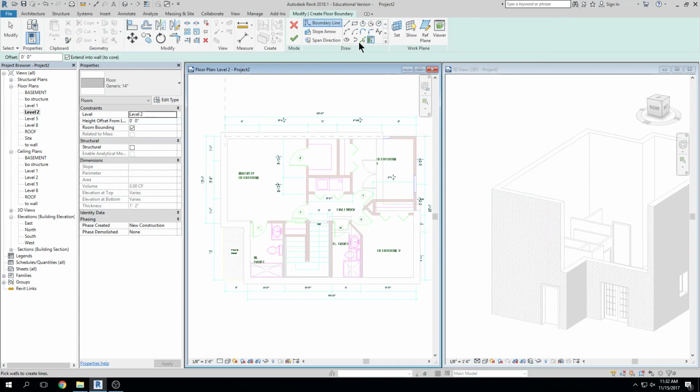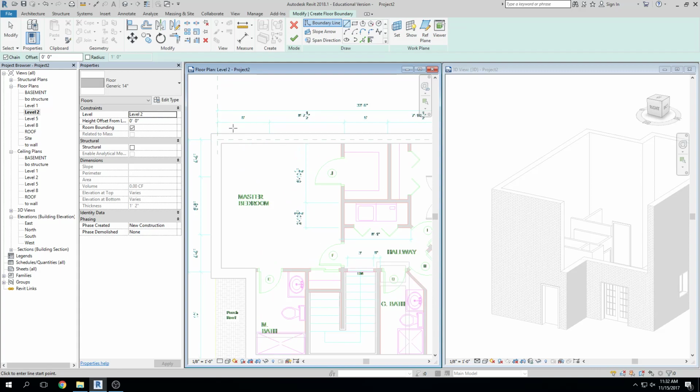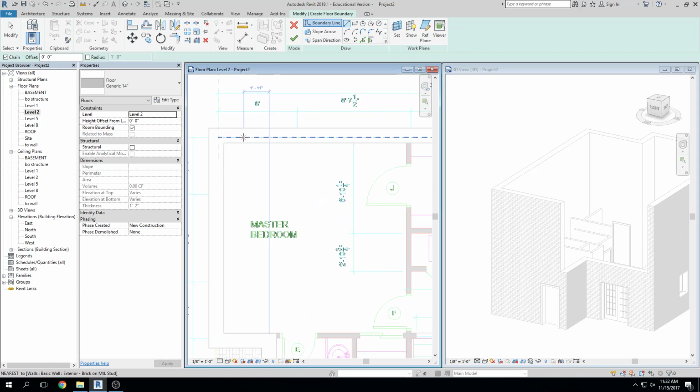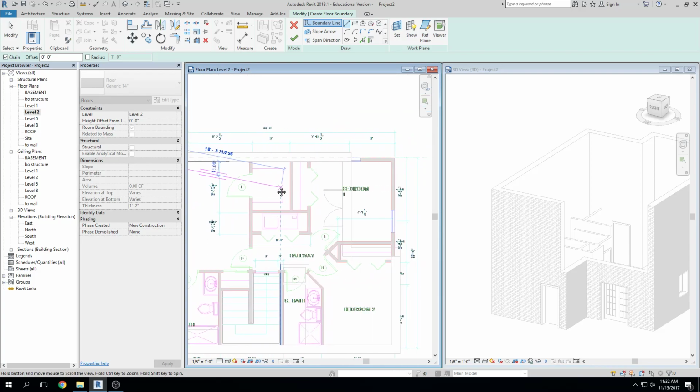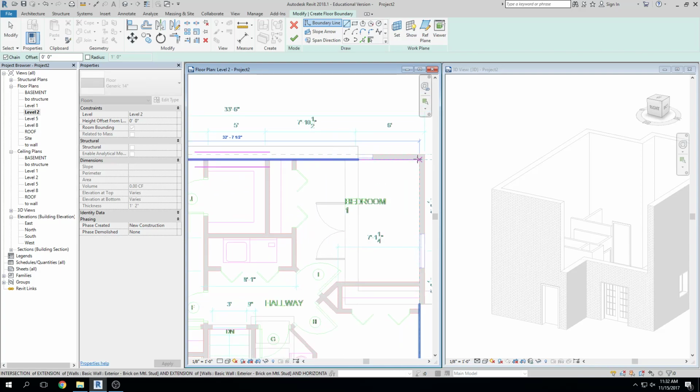All right. And now I'm going to draw a line around where I want my floor to happen. Now, you know, there's going to be a specific place within the wall where you want your floor to rest, right? It's going to sit on the structure below, and there's going to be some things that have to do with that. For the sake of this being pretty simple, I think what I'll just do is draw the floor on the inside of the walls here, okay? And they're just going to come all the way around